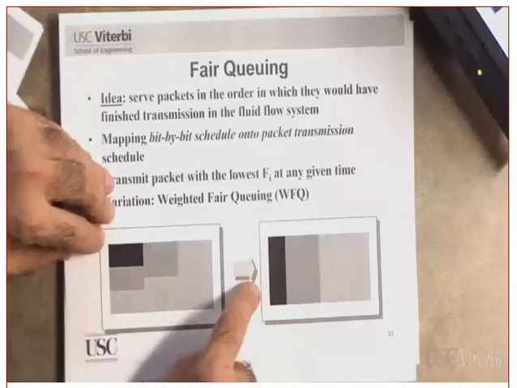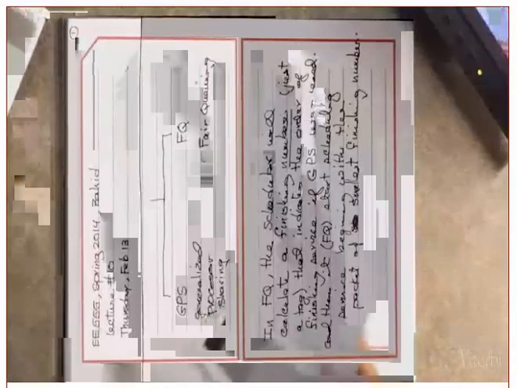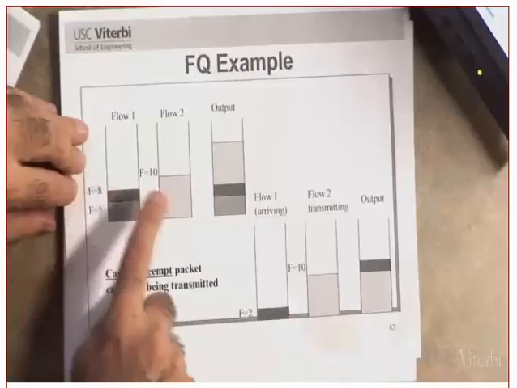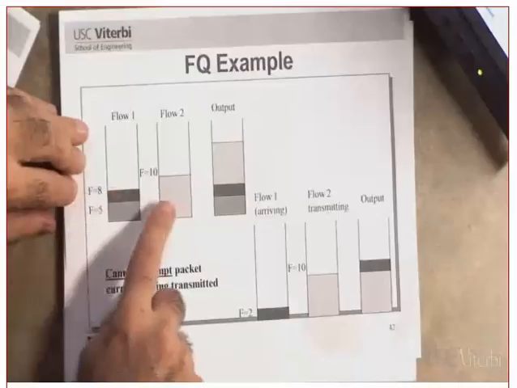Look what this means. In this case, the packet fair queuing scheduler has already started serving this one. See this one here? What is the finishing number of this one? 10. Then another flow's packet arrived, which would have finished at 2. In GPS, which one would have finished first? This one or this one? This one would have finished first.